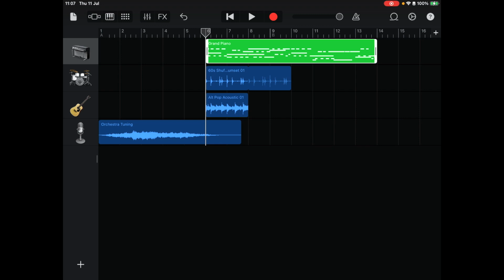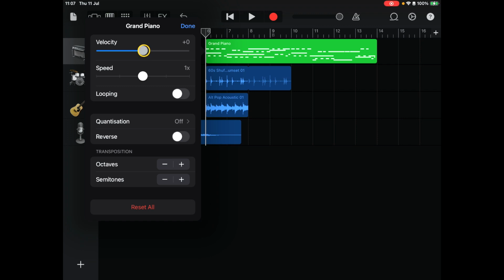So when you want to select and edit one of these, you then select the region that you want. So you just tap the region you want to edit. And then what you do is you open the region settings. You've got the velocity overall. So we spoke before about how hard or how gentle the notes are played. We can talk about the speed that is particularly played at, whether you want it to be looped, quantization, reverse